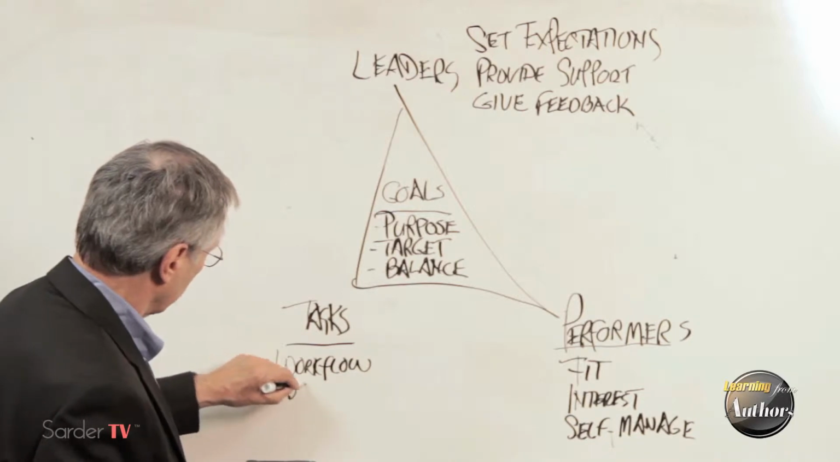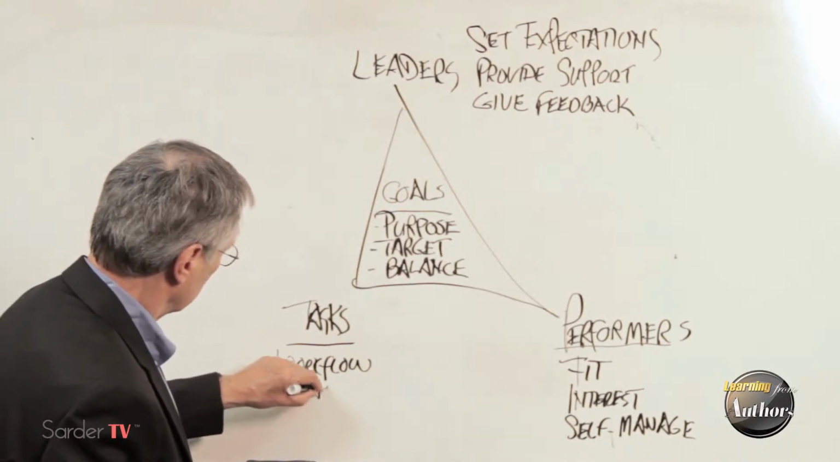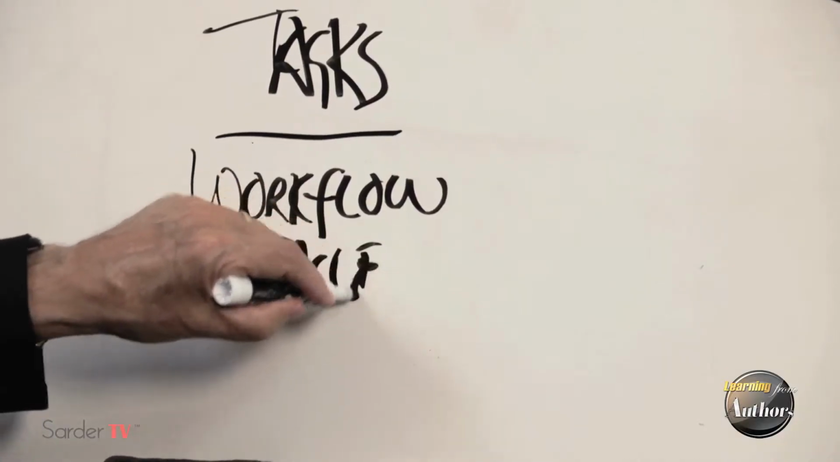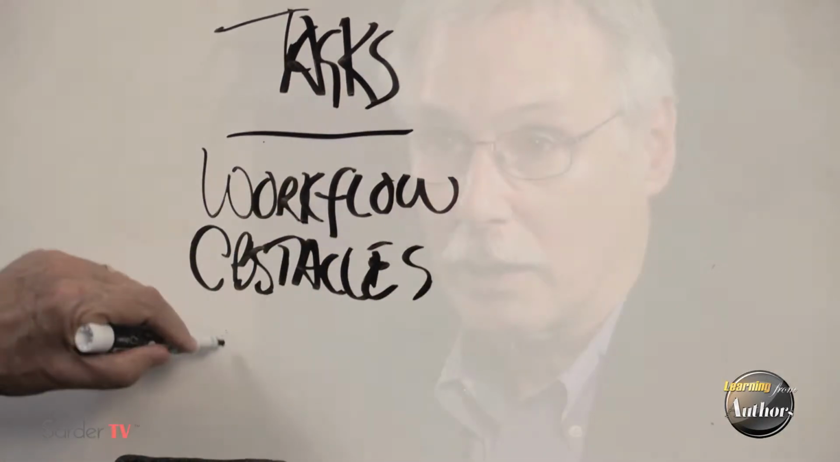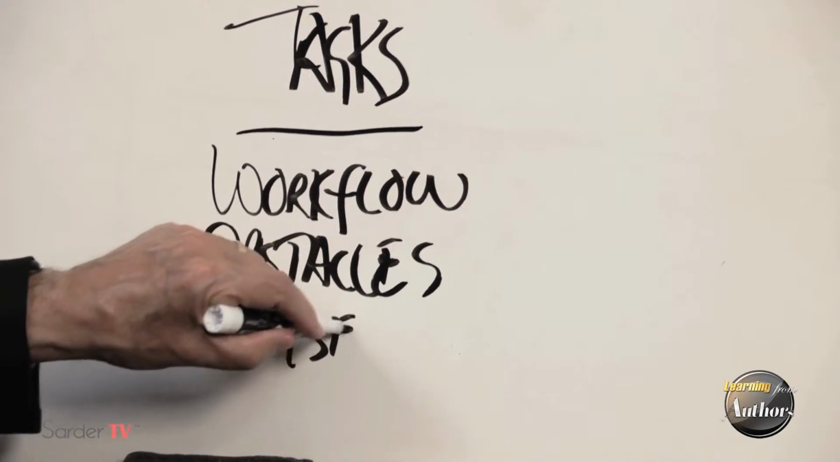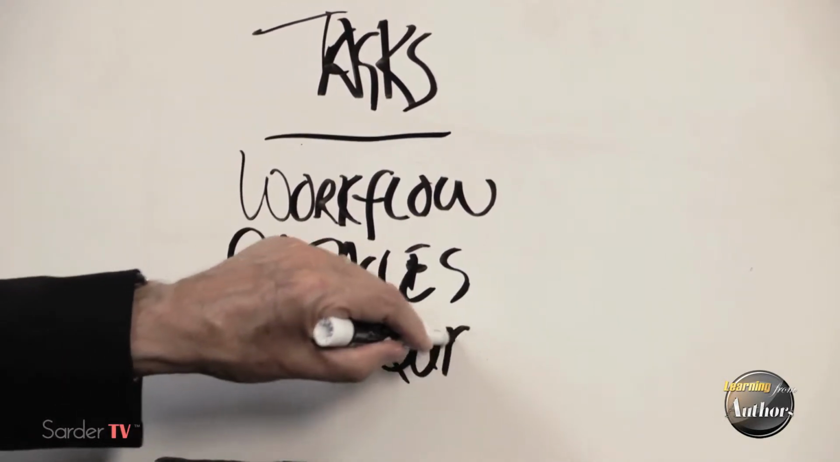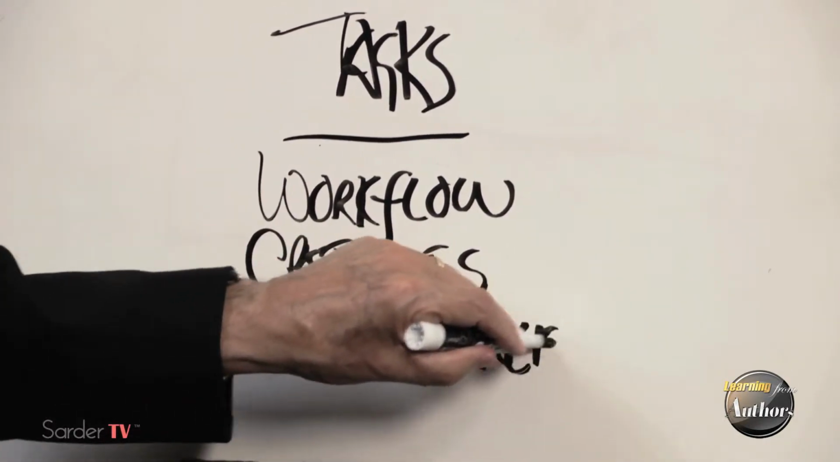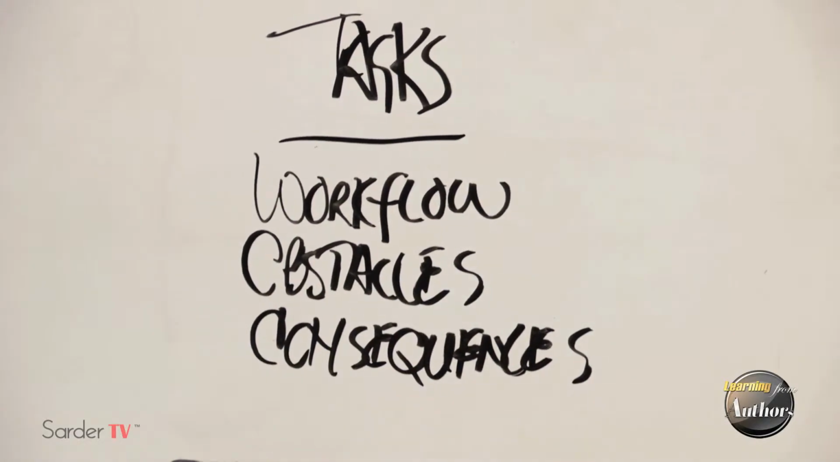The second element under task is obstacles. We want to get any obstacles to doing the work out of the way. And the third one is consequences. We want to understand what the consequences are to our performers if they do what we're asking them to do. Too often, I think workflow is understandable to our audiences, and so is obstacles. Consequences get a little muddied,